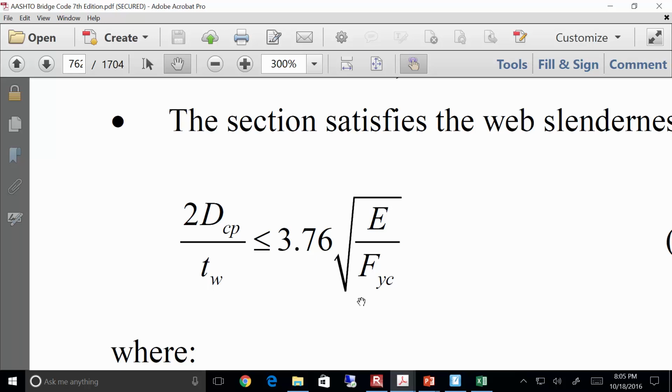That has to be less than or equal to 3.76 times the square root of what? 29,000 KSI over 50? What? I don't even need to do the math. I know it's going to work, right? Because I promise you 0 is less than a number that's positive and not 0, right? I don't need to do the math. So,